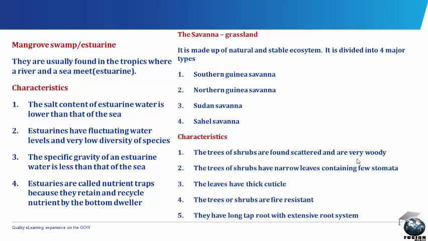They are mostly found in the south, which includes Lagos, Ondo, Ogun, Oyo, Cross River, Abia, Imo, Enugu, Anambra, and Rivers States. Rainfall is 150 centimeters and above. The characteristics include the following: